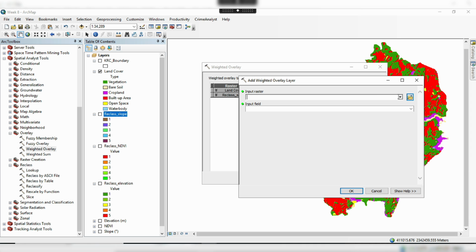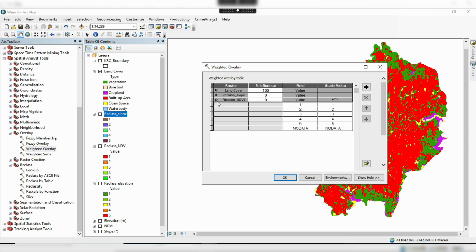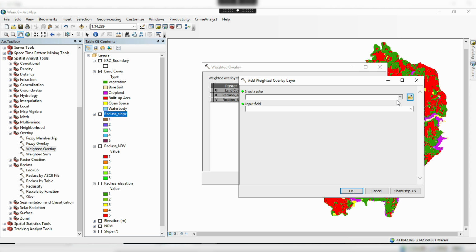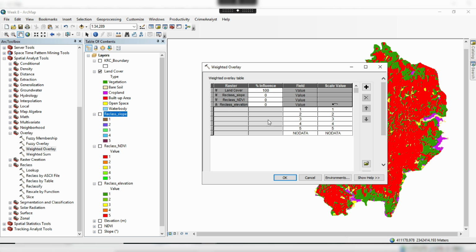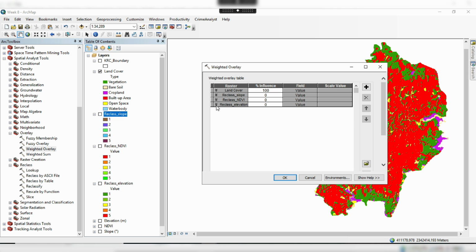Third layer is reclassified NDVI. And fourth layer is reclassified elevation. So with this tool, first you need to, so I will be doing landslide hazard mapping for my particular study